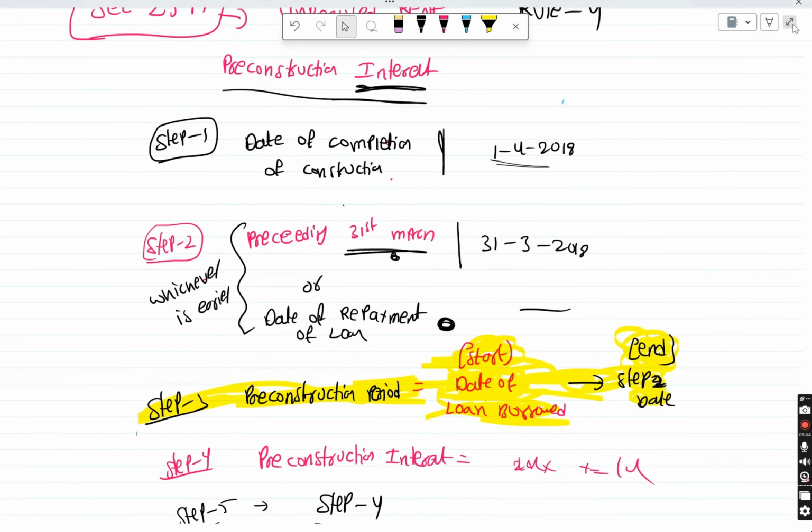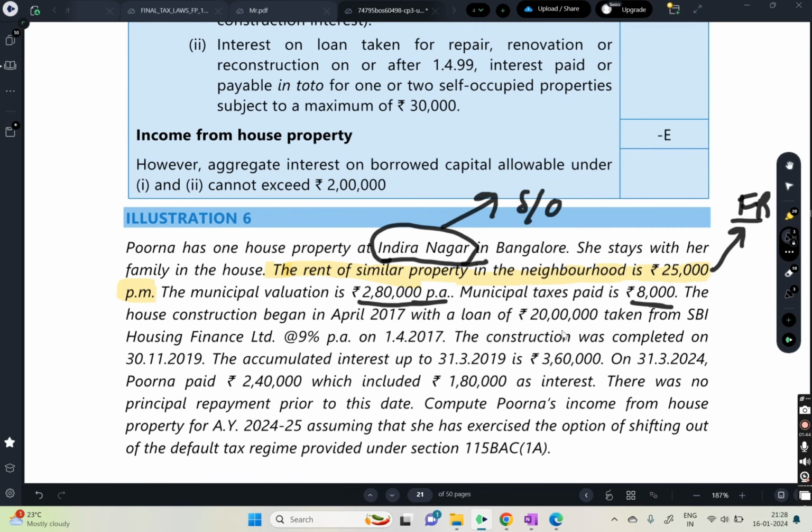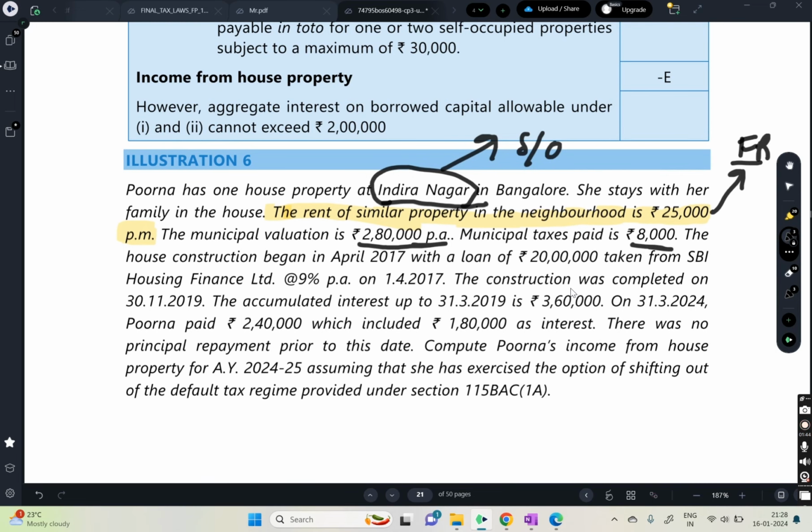Yes, sir. Yeah. So now let's come back to our question. So here the construction was completed on